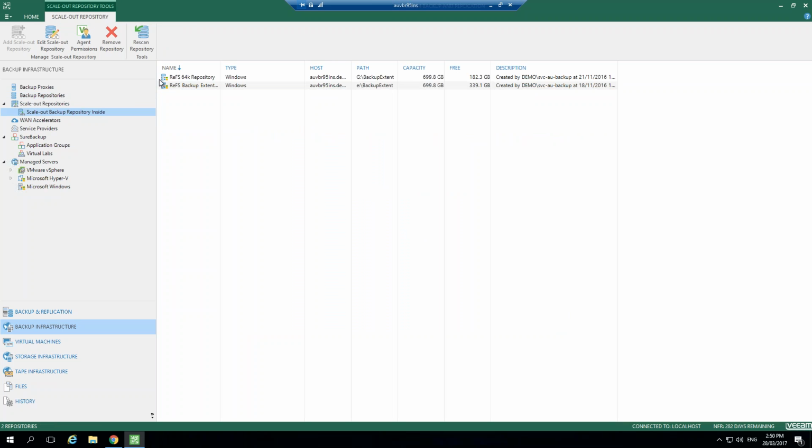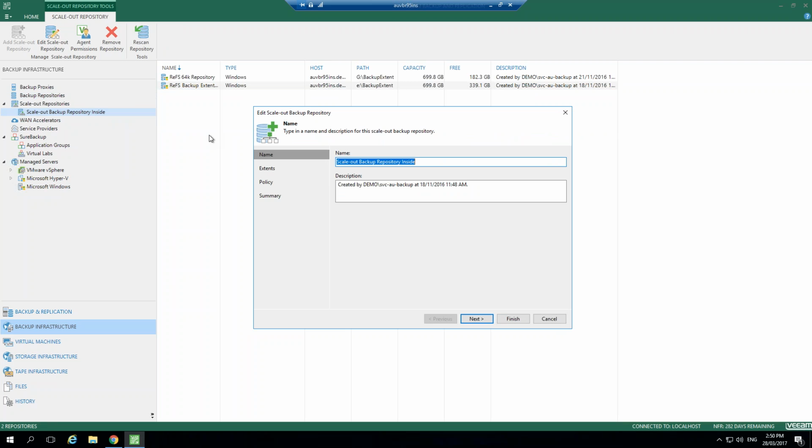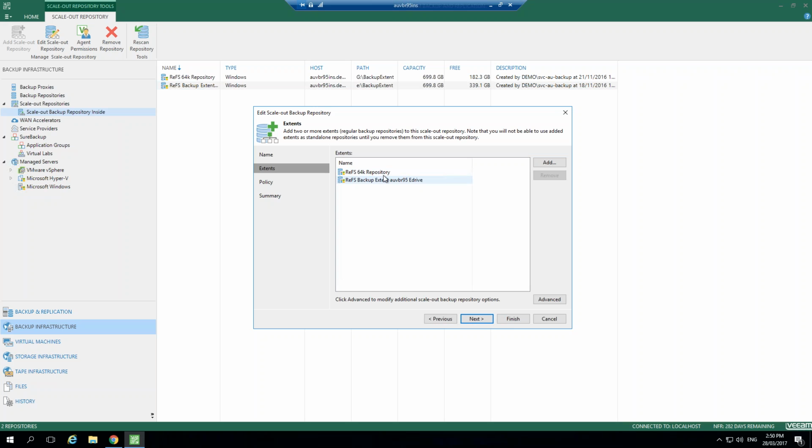And then you can create a scale-out repository, which is simply two regular repositories or more. You can have as many extents as make sense in the Enterprise Plus edition. You're limited to 3 in the Enterprise edition, by the way. So you choose your extents,